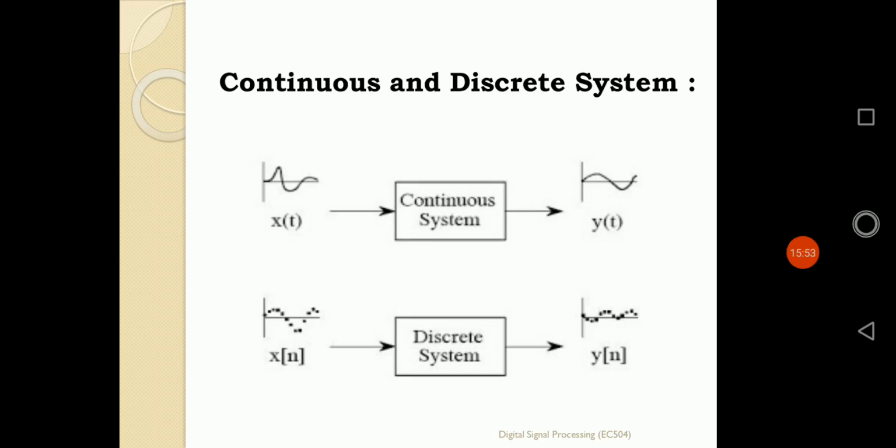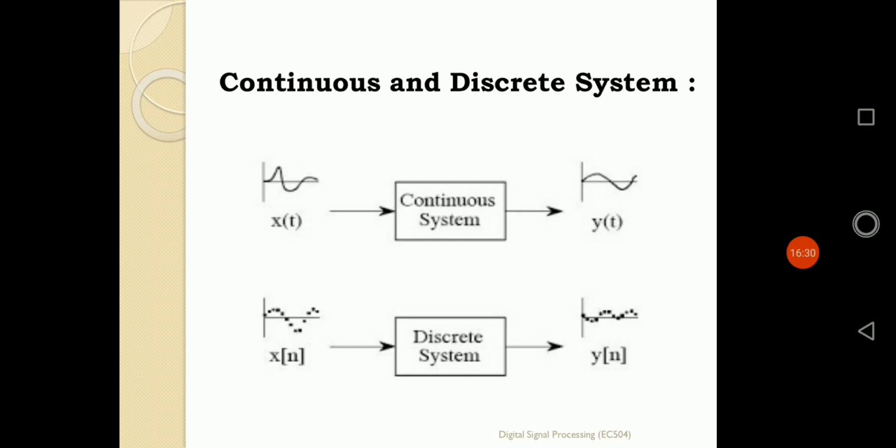If the system is a continuous time system, the input signal is defined with respect to small t, because t is defined as continuous time and n is defined as discrete time. So continuous time systems are those processors that process only continuous time signals. Here the input will be defined only for a continuous time signal. If a continuous time signal is defined for a particular physical device, and the output is also gathered in terms of continuous time, that system is known as a continuous time system.